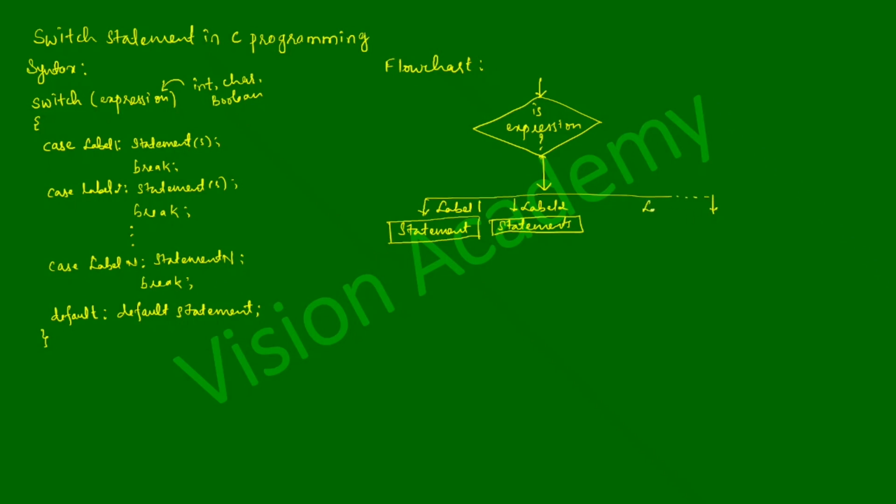Here I'm going to write label n, and here statement n will get executed. If the switch expression does not match with any of these case labels, then at least the default statement will get executed. So here I'm going to write the default statement